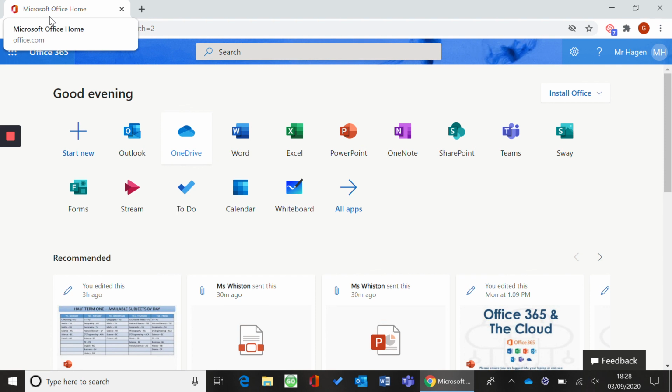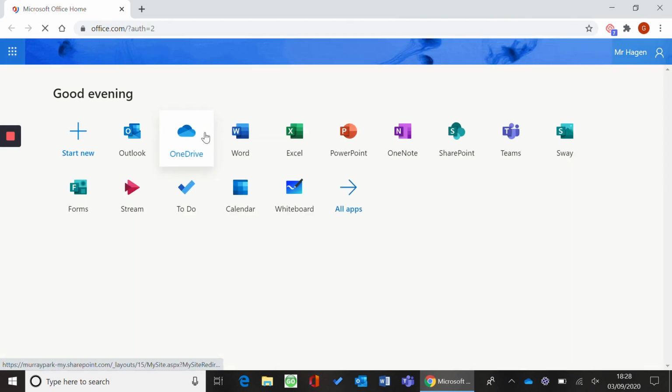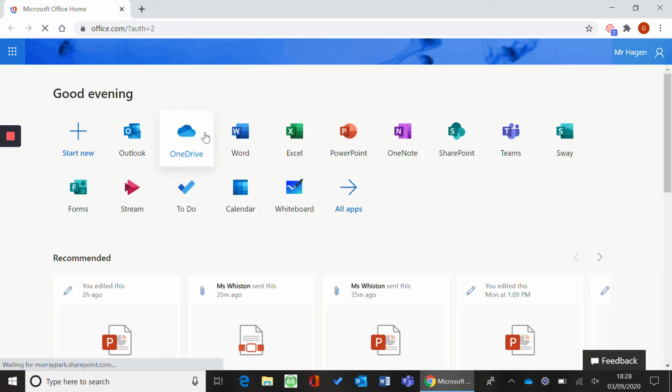If you're at a point where you're doing some work outside of the lesson, perhaps at home if you're allowed to on your course, or in an after school session or the library or something like that, all you need to do is, same as before, on any computer or any device, mobile phone or tablet, go to office.com, log in with your school email and school password, click on OneDrive just here,